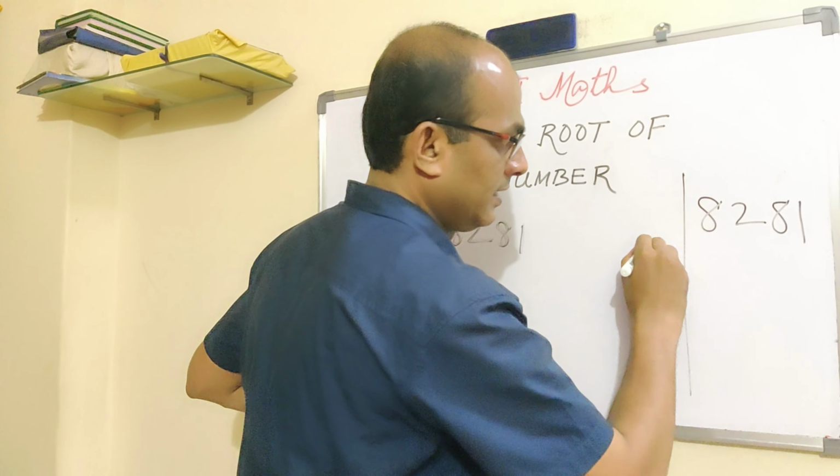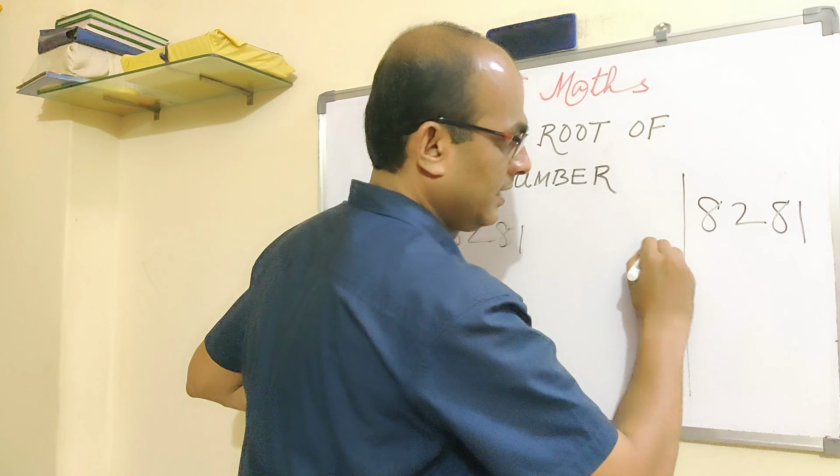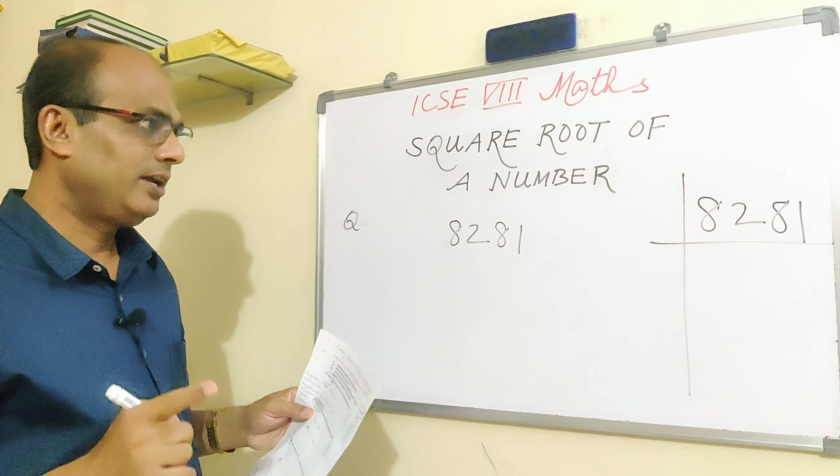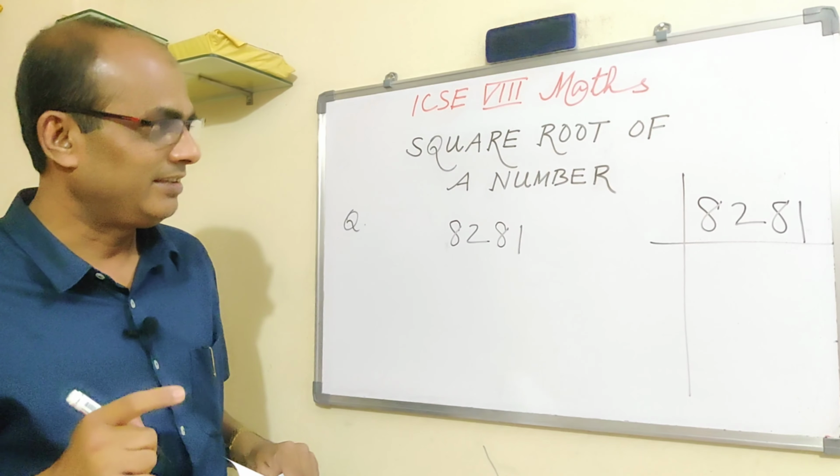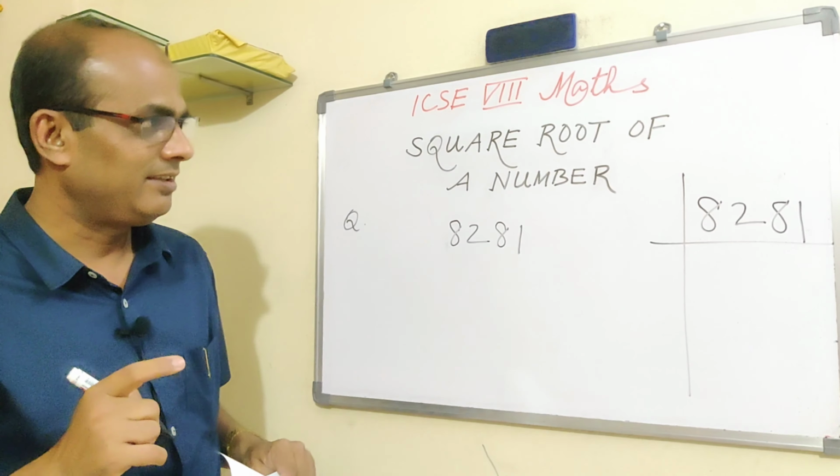8281. Let us find out. It's not divisible by 2, not by 3, not by 4, not by 5, not by 7. As 7, I think yes. By 7 it is divisible. Now the test of divisibility of a number by 7 that you should go through. You please see. I am not going to tell you that here. But it is divisible by 7.